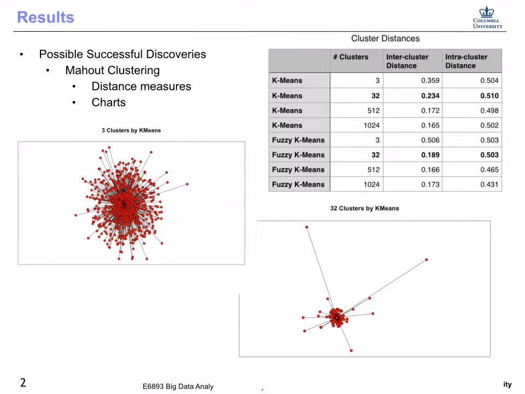And aberrant behavior detection. The clustering, some possible good results, as we can see from the charting and from the cluster distances. Didn't see a lot of good intra-cluster distances that we'd like to, not a lot of separation between the clusters, so you end up with a huge clump of clusters around a common centroid. The 32 cluster, though, and above had similar chart showings and similar sizes, as we can see in the cluster distances